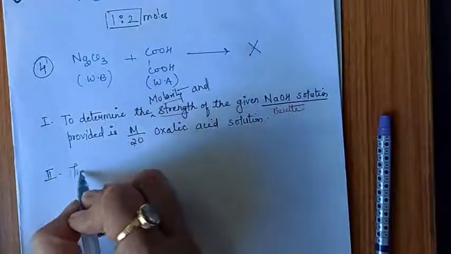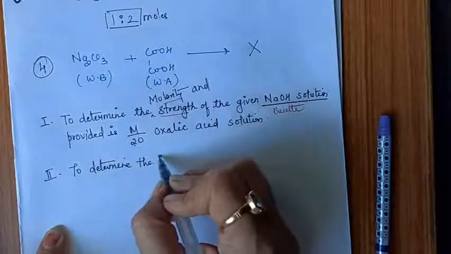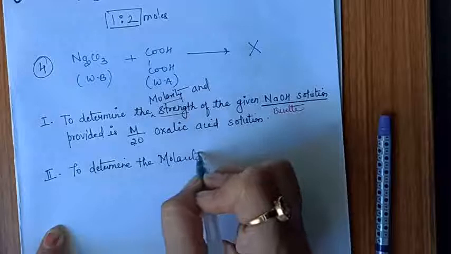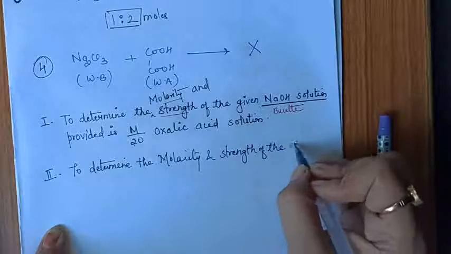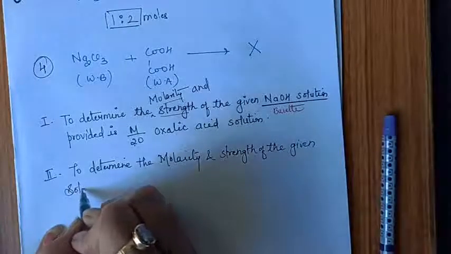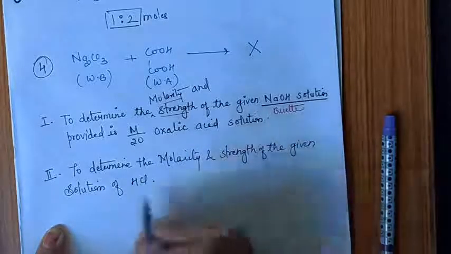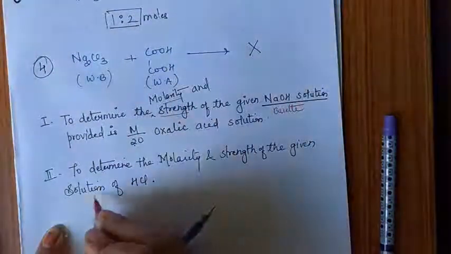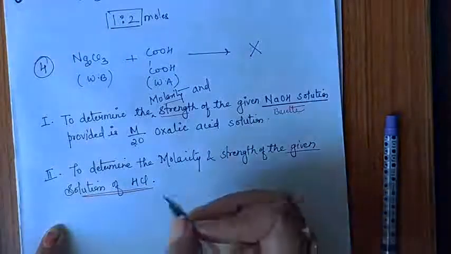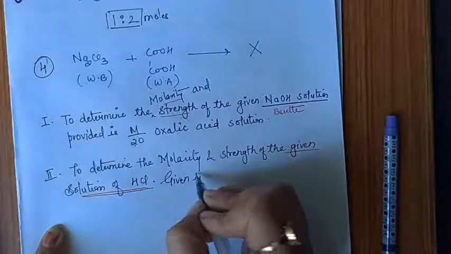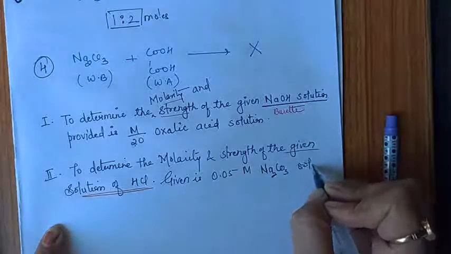And second will be to determine the molarity and strength of the given solution of hydrochloric acid, that is HCl। अब क्या बोल रहे हैं, HCl का निकालें, HCl के लिए निकालना है। सो यहाँ पर क्या होगा, HCl will be taken in burette, और गिवन क्या है, गिवन इज 0.05 M Na2CO3 solution।